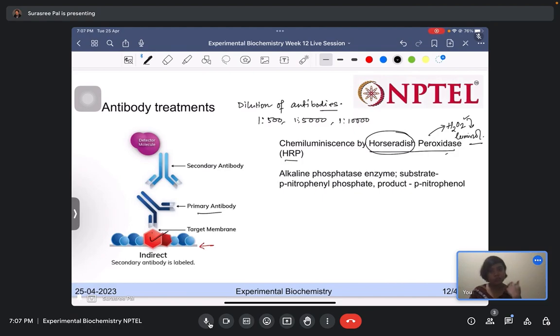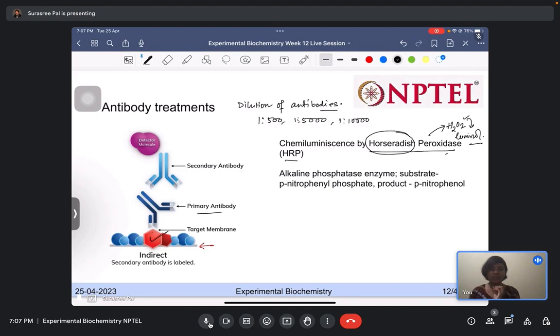After these two antibody treatments, we wash the membrane, and then we treat the membrane with a substrate. This enzyme is already conjugated to the secondary antibody. We are treating the membrane now with a substrate, which is H2O2 and luminol in case of HRP, and